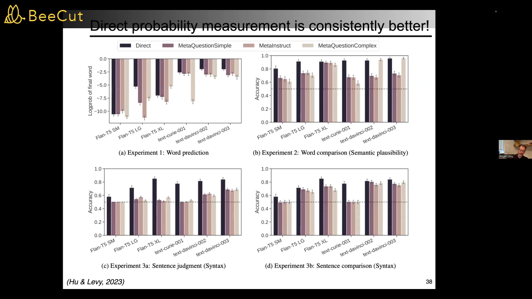And what we find, I'll summarize, this is a whole complex set of results, but I'll summarize it as follows. In all of the graphs, including this one where the numbers are all below 0 because they're log probabilities, higher numbers are better. So bars that are higher up are better. And the darkest bars are the direct method. And basically in pretty much all cases, the direct method is better than metalinguistic methods, except in a couple of cases where the metalinguistic methods are sort of on par. Okay, and so this is a very wide-ranging result.